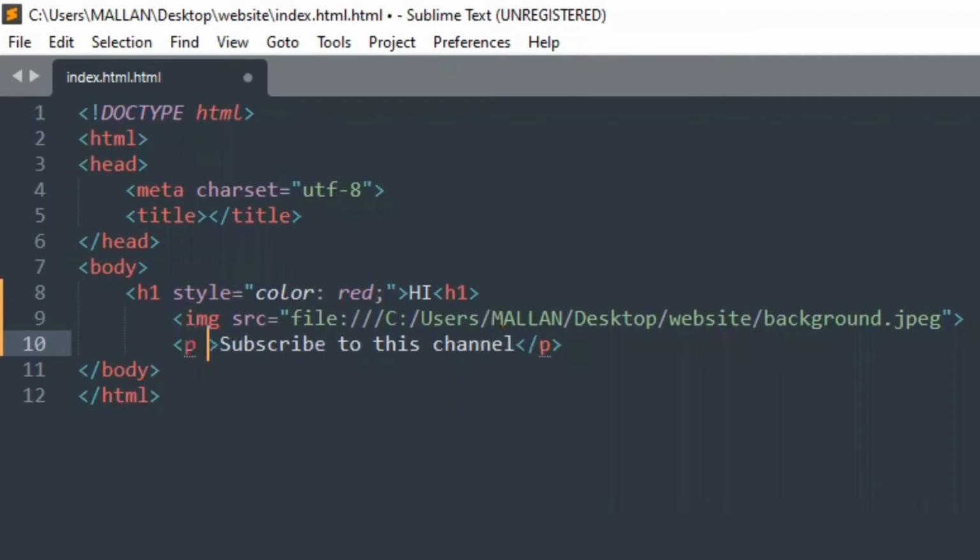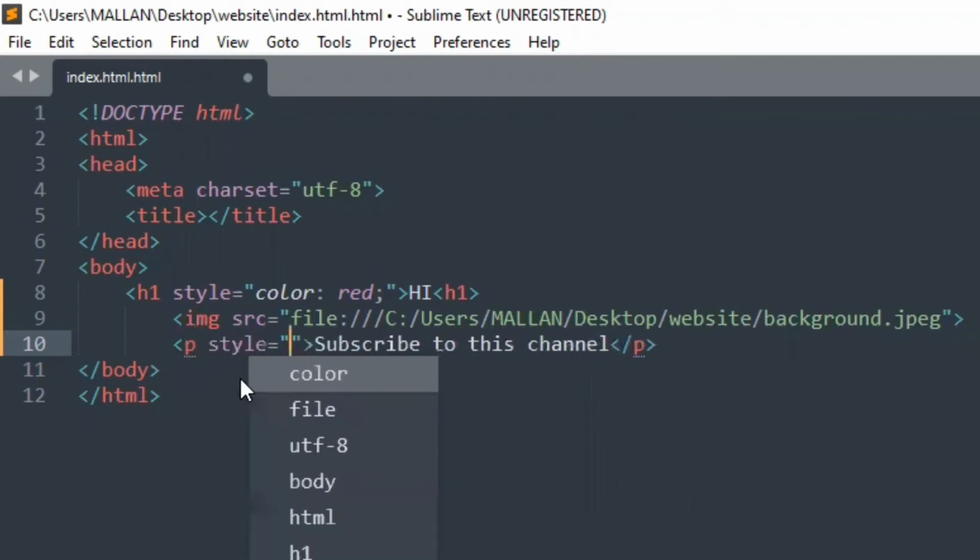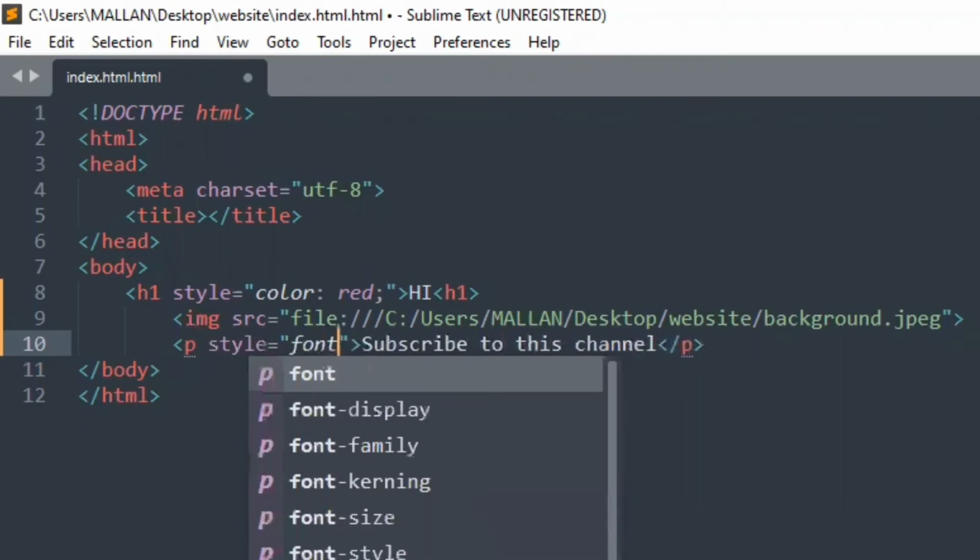Now I have used a paragraph tag with subscribe to this channel as the content. To change the size of this text, you need to type the same thing that we typed for the H1 tag. But the difference is, instead of color, you need to type font hyphen size, and instead of the type of color, we need to type the unit.